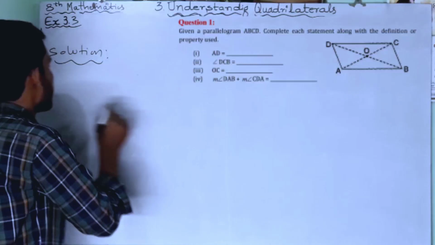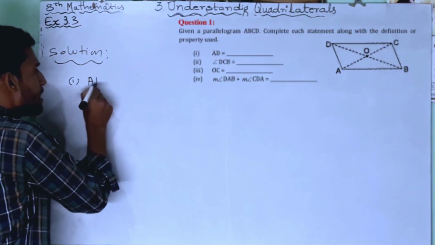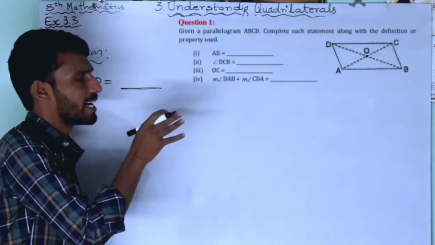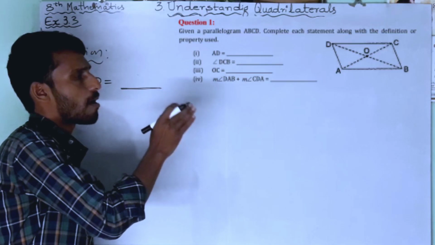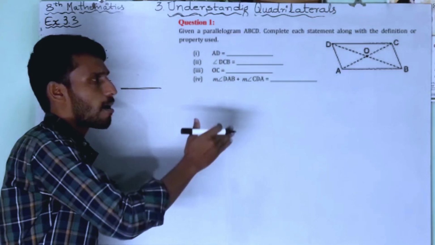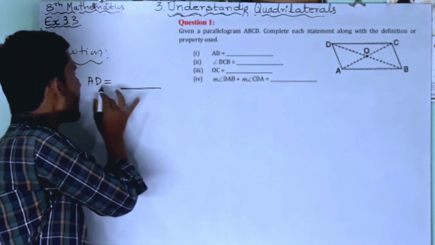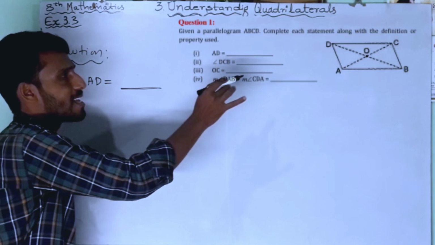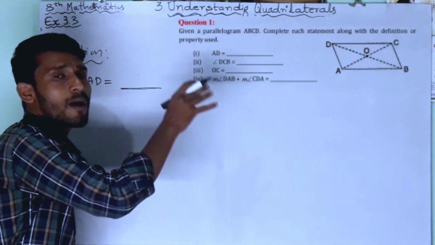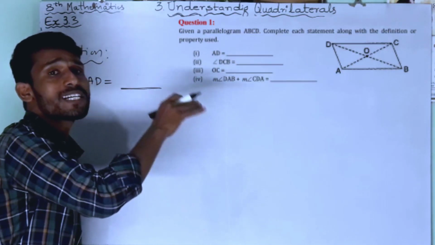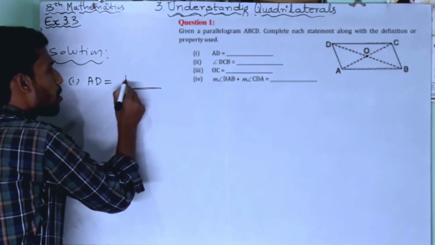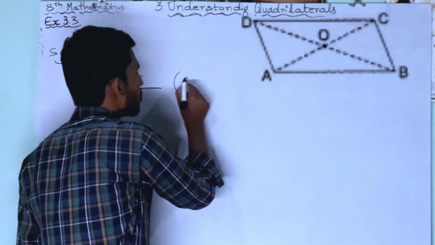See, first question here, given here, AD is equal. Dear friends, you observe this figure here, parallelogram ABCD. Here all opposite sides of a parallelogram are equal. So here AD, the opposite side, that is BC. AD is equal to BC. Those two are equal because these two are opposite sides of a parallelogram. Okay, so we can write AD is equal to BC because since